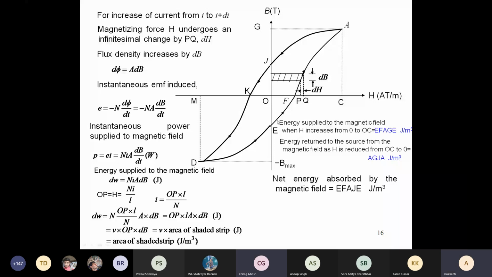So what is the net energy absorbed? It is basically the area under this BH curve, this area minus AGJA. So basically what you have is EFAJE, in joule per meter cube. Everything we are doing is per unit volume of the core. So if you consider the hysteresis loss